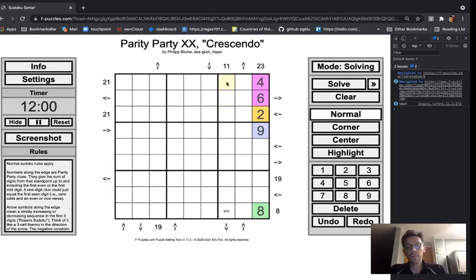I can't start with an even number and end on 1, because the largest even number I have is 8. If I have 8 and 1, that's only going to be 9, and I'm done, right? So the only way to put a 1 into one of these two squares is if this whole thing was 3 odd numbers ending on an even. And that looks like it could work,